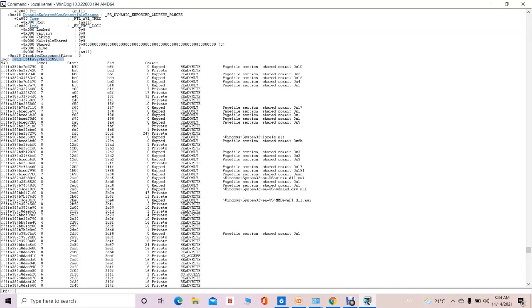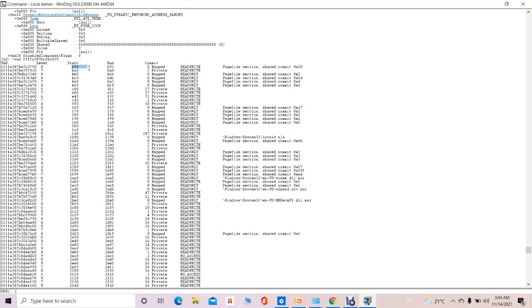Now this is the command that we have used, and on this we are having the VAD. Then this is the virtual address of the individual VAD, and at what level in the hierarchical tree structure it is present, that is the level of this particular VAD.